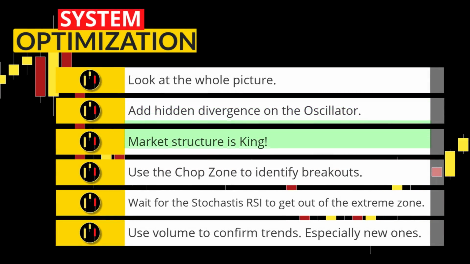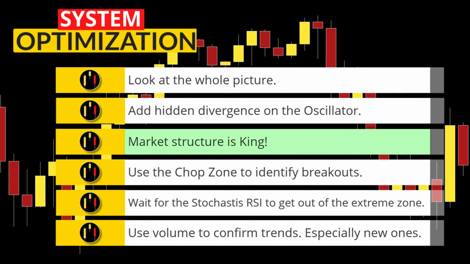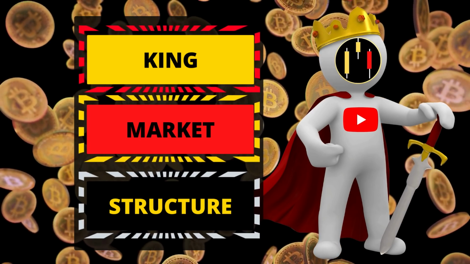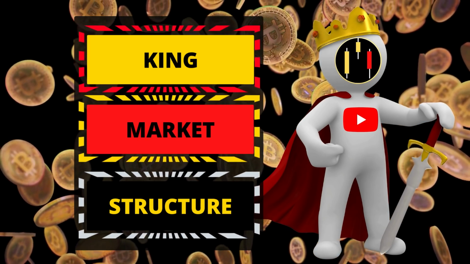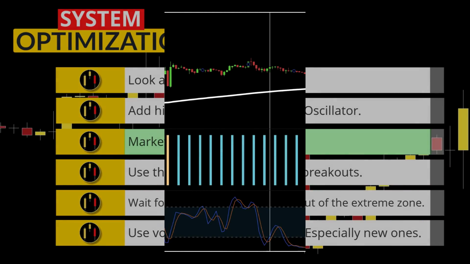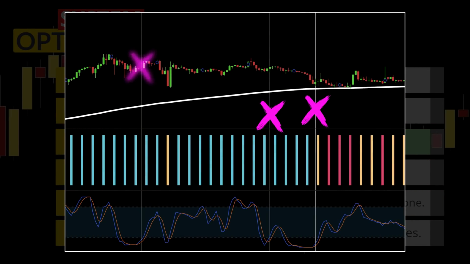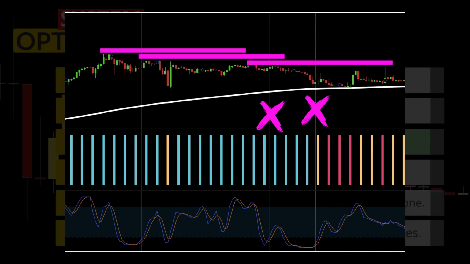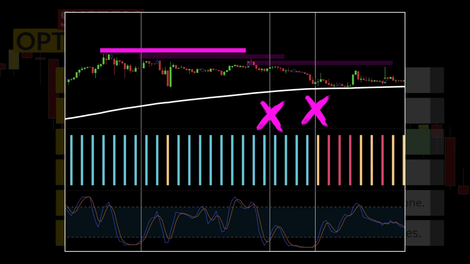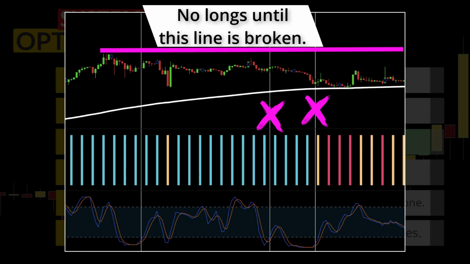The next tip is so important for trend following systems, but market structure is the starting point to any competent technical analysis. We can see 3 losing trades in a row, 2 of which would have been filtered out because price is moving sideways. You should not take setups that are not confirmed by market structure.